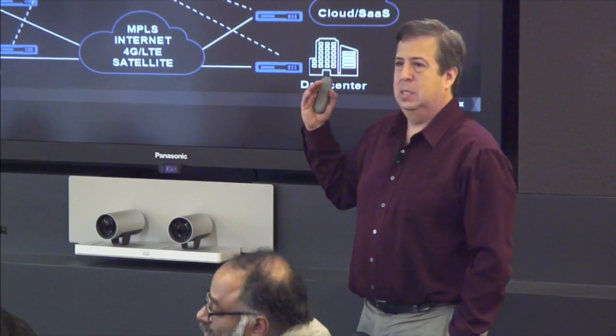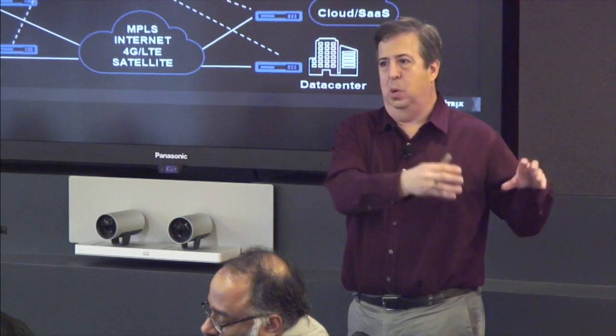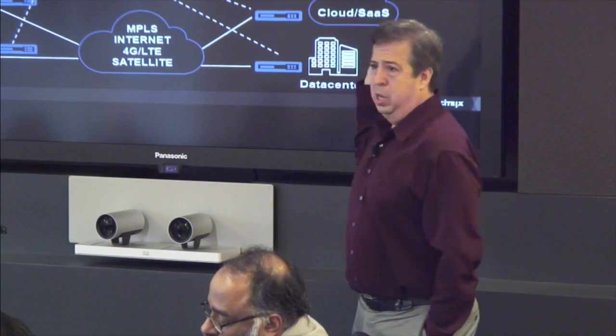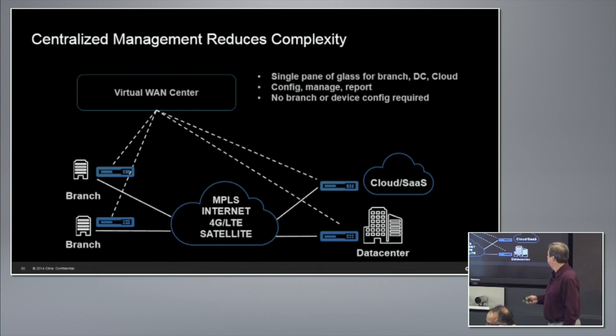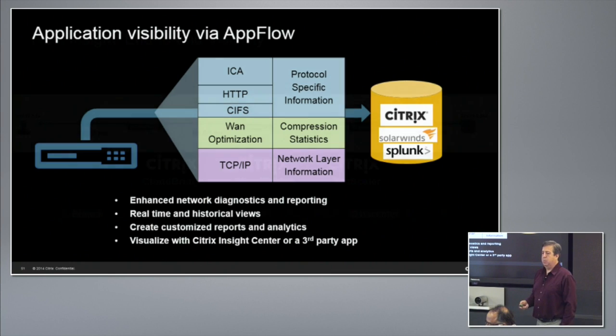One of the other tenets is centralized control and management of the system. We rack and stack, we support zero-touch deployments, but like I said, you do have to actually plug the box in at the remote site. From that point on, you can control the system remotely from our Virtual WAN Center, configure software updates, and manage the whole lifecycle of the box. And then for visibility, which we'll get into a little more, we share AppFlow or IPFIX record generation with NetScaler. So we generate information about the packets and flows going over the WAN. They can be consumed by third-party products as well as our own Insight Center products, and then we can produce reports